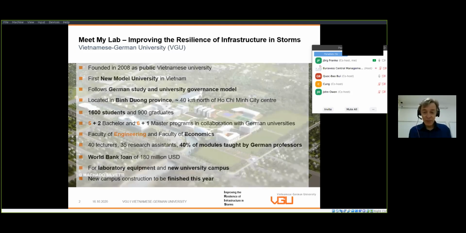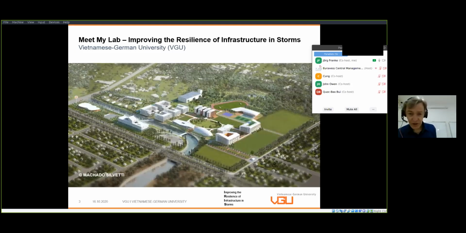Here you see in the background a sketch of this university campus, which has been designed by Mercado and Silvetti, architects based in Boston, USA. And I hope you can see my mouse pointer. So this is here the main building for the administration. Then we have here the faculty buildings with the laboratories and where the staff is residing. These are buildings for